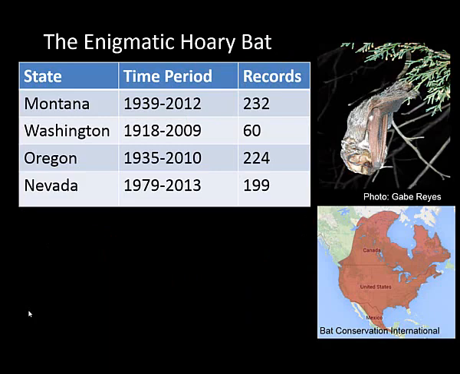This table represents roughly 70-year time periods, and the total number of records that we have for the hoary bat over that period: less than 250 records, combining museum specimens and captures in some of these states. Hoary bats are generally known as one of the most difficult species to capture. Even though they have this wide distribution, they're not often captured, and most biologists are very excited to capture them. That's not the case where I work, where in this single fall we captured 154 of these individuals, and that's pretty much par for the last few years too. So we've really hit on something here.